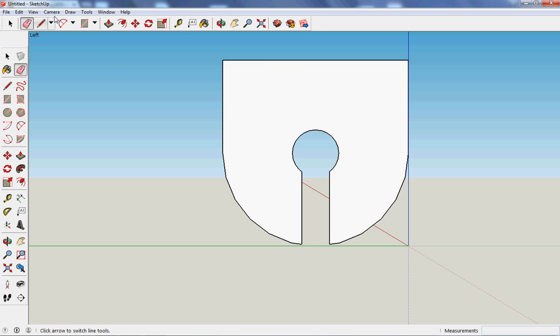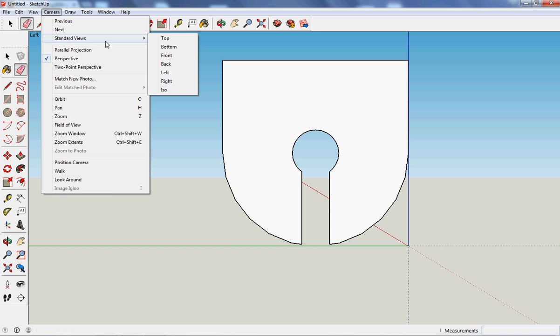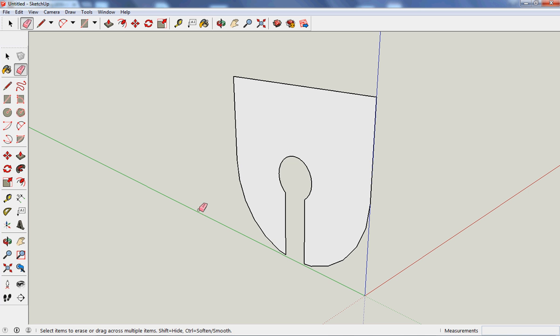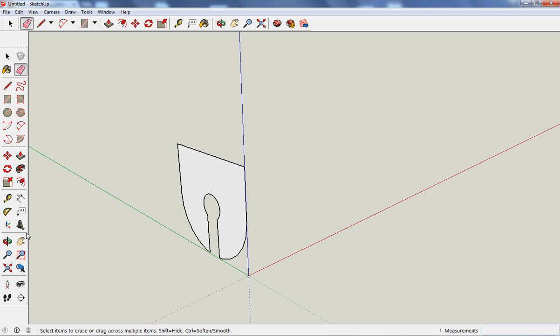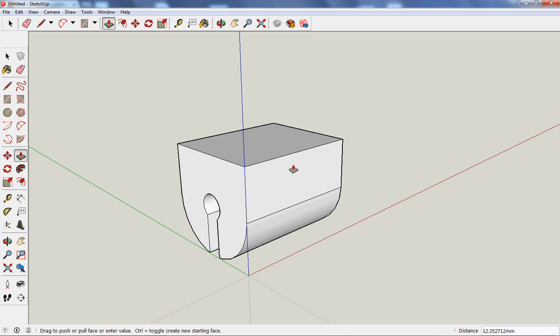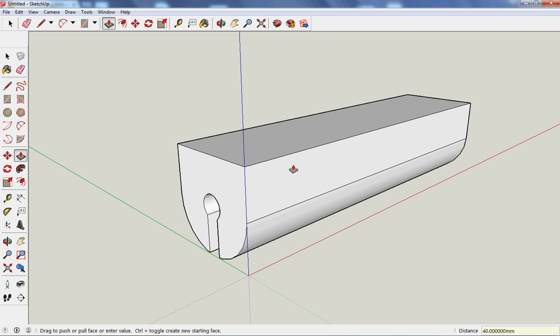I now want to change the view, so camera, standard views, I'm going to go to isometric, and I can actually see that I've got this drawn from the side. So I've drawn the side. So I want to now stretch that out using the push-pull tool. And I pull that sideways, and again I want to type the distance in. I think I want that to be 40 millimeters, that's 4 centimeters long. So I've now got a 4 centimeter long